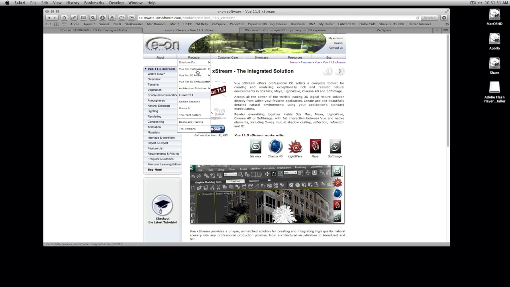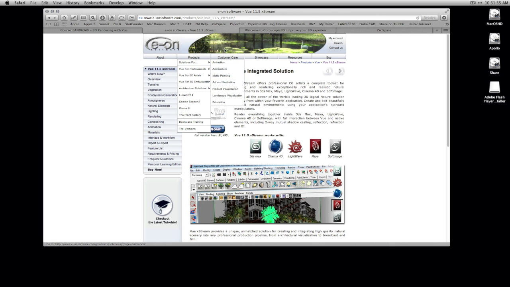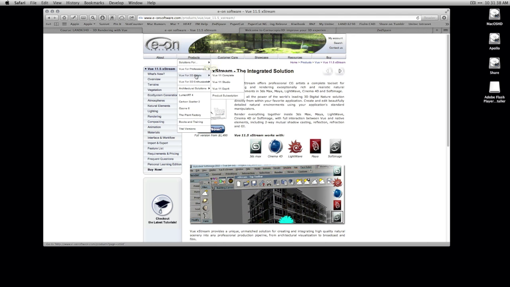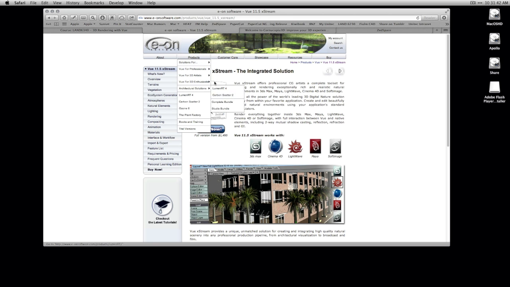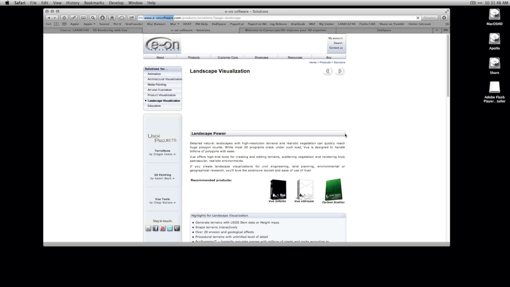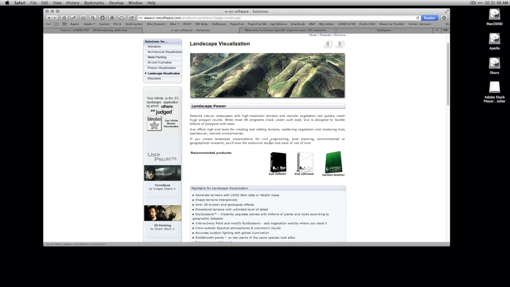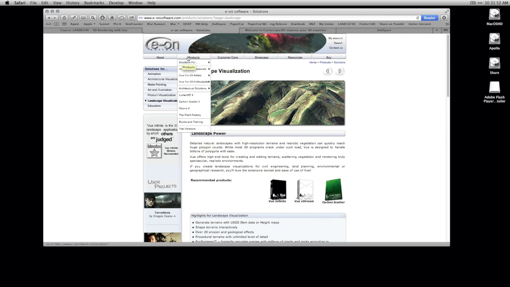You'll notice that on their website, they've actually sorted this out into professions. So if you're a matte painter or an architect, or a landscape architect, you can actually see, if I can get to the page, landscape visualization, you can see the products that they recommend for you. There's also, if we go down here to 3D enthusiasts and artists, you'll see some much more cut down